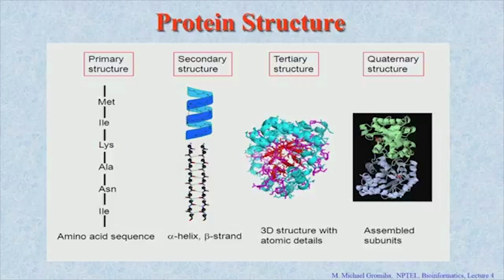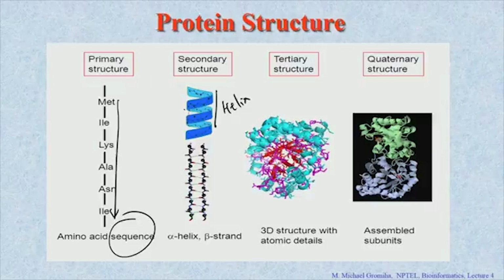Here you can see the arrangement of these residues. This is just the amino acid sequence, and then how these residues are arranged will give you the next level of information. This is why it is called the secondary structure. If you see, they are kind of a helical shape, like a spiral shape. This is why they call this a helix,